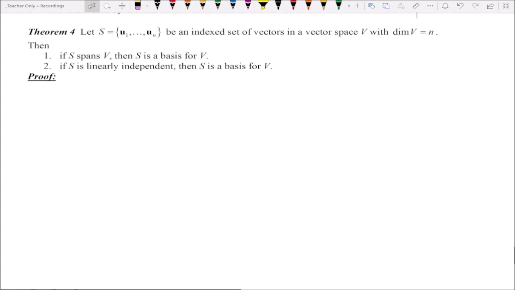Let's take a look at Theorem 4. Let S be an indexed set of vectors in a vector space V with the dimension of V equaling n. Then the following two statements hold. If S spans V, then S is a basis for V. If S is linearly independent, then S is a basis for V. All right, so to prove the first statement,